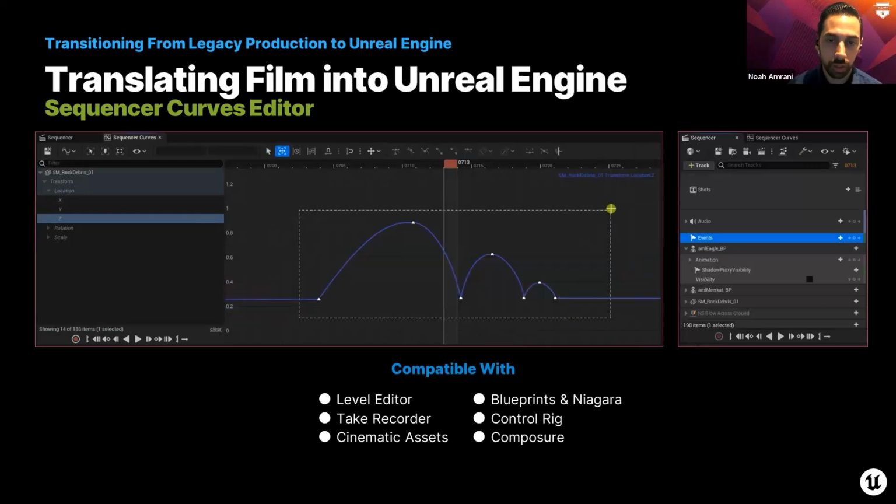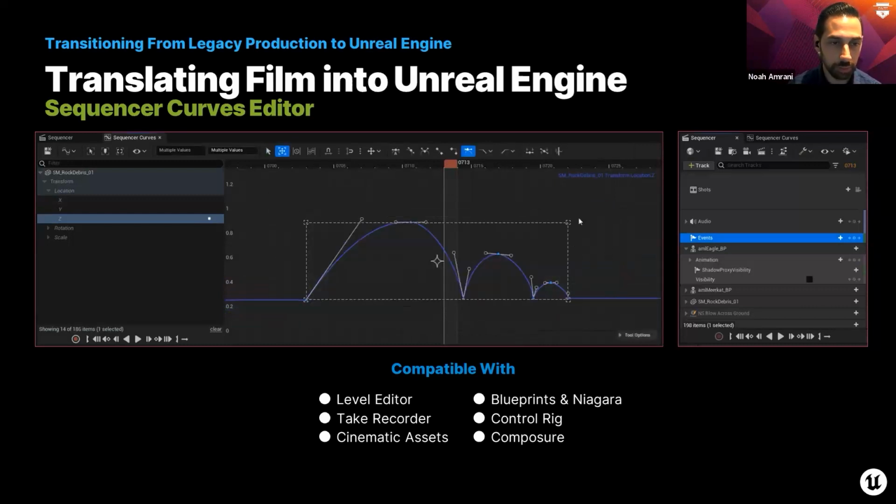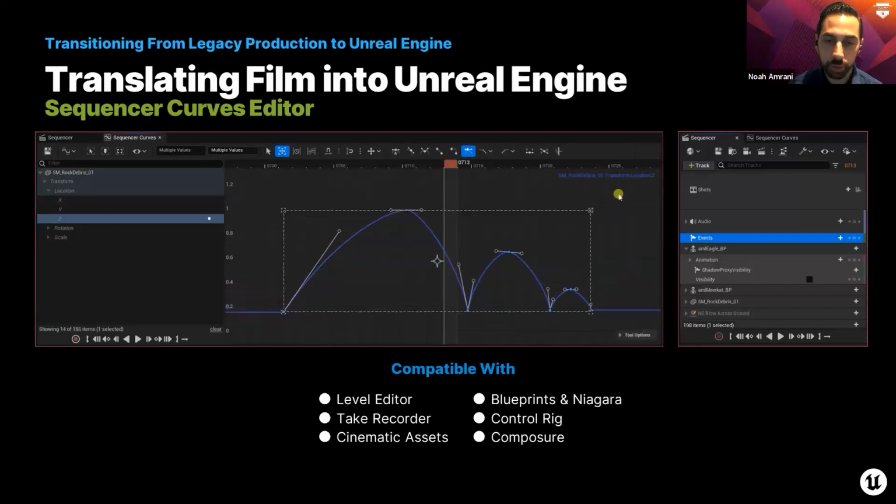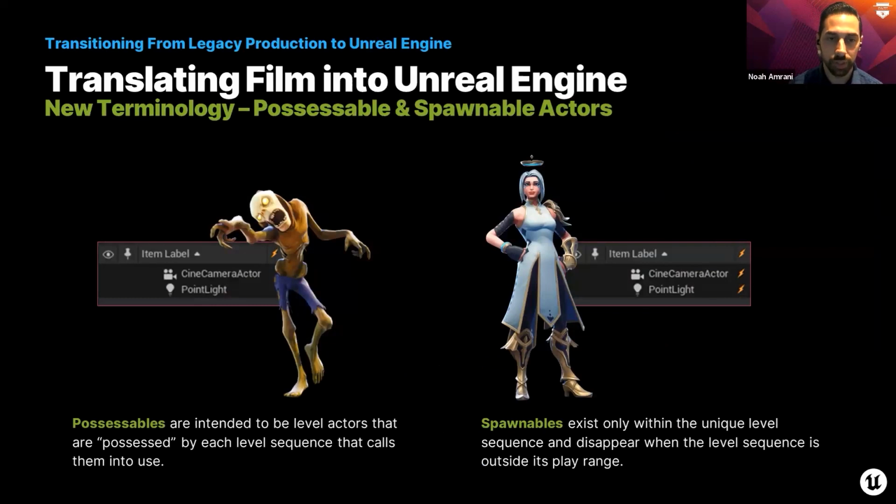And furthermore, whether or not you're working between the sequencer or different blueprints and whatnot, there are things that are important to be aware of, which is the terminology called possessable versus spawnable. Basically, possessables are anything that's intended to be a level actor that is possessed by each level sequence that calls them into use. So anything that you would place into that level that sits in there, that's like a possessable object or character